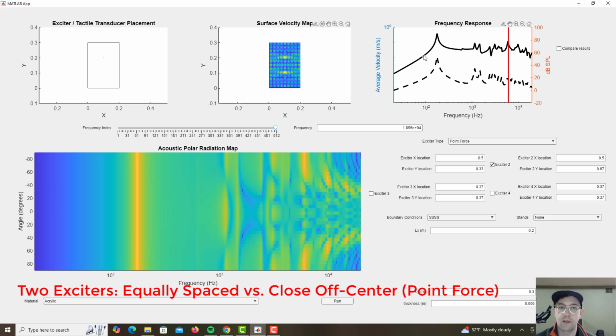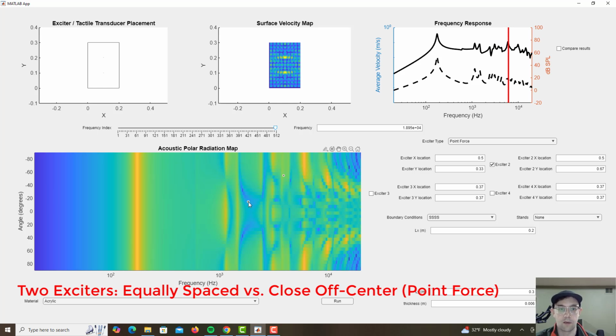So, an interesting thing happens when you symmetrically place exciters, which is that you excite a really narrow subset of modes. And that's actually kind of good at low frequencies because we have one peak and then a fairly flat response up until about a kilohertz, it looks like. And then we get these really sharp peaks and troughs. So when Parts Express said that you get narrow sound dispersion at mid and high frequencies, I think what they're referring to is the fact that you get these really sharp peaks and troughs